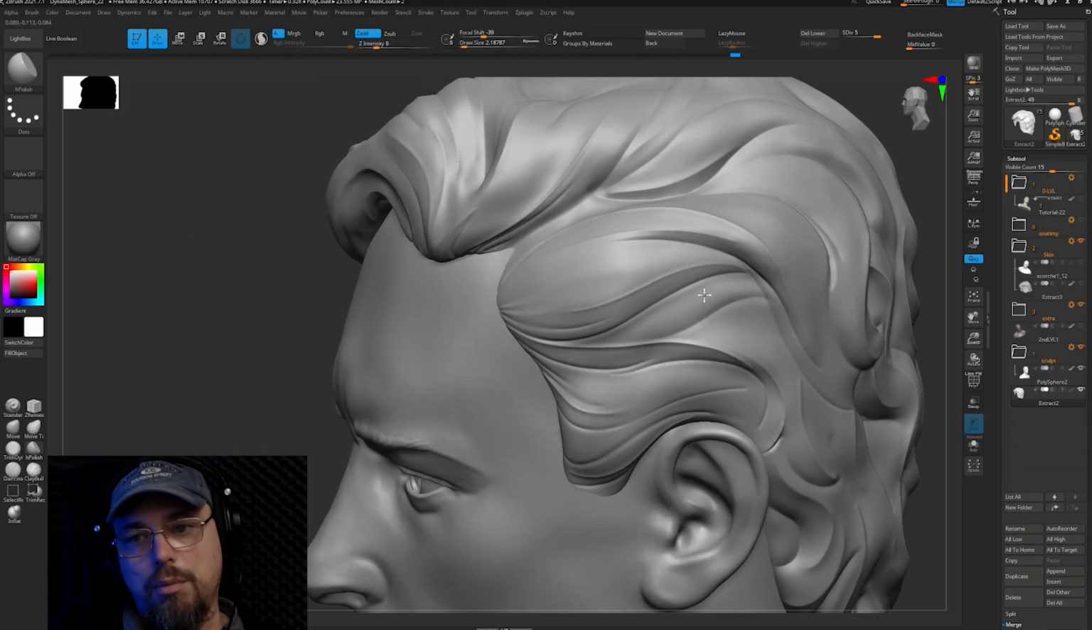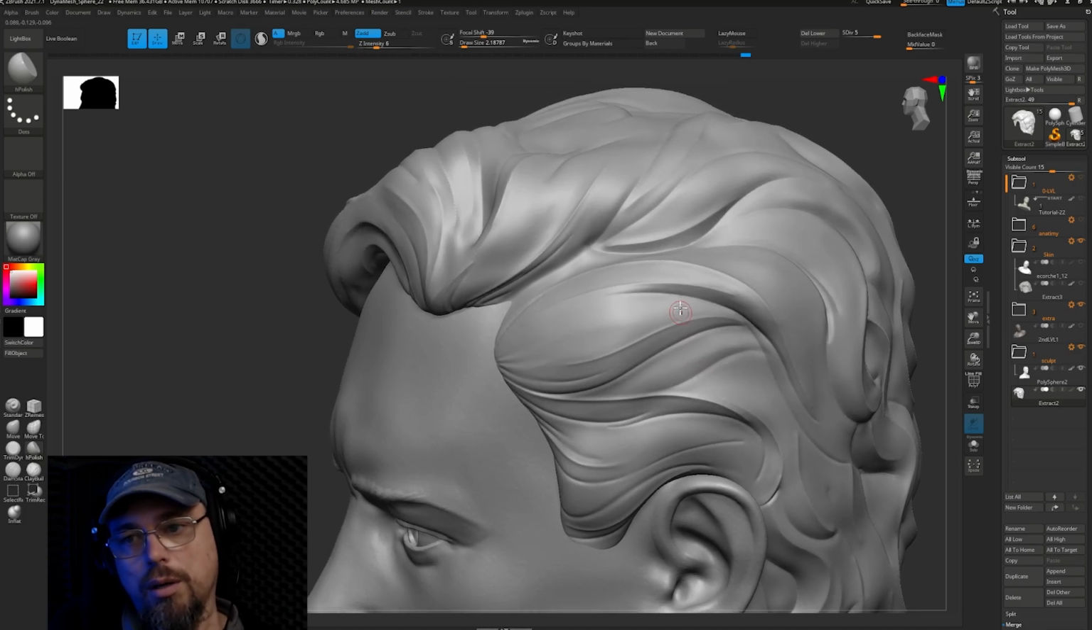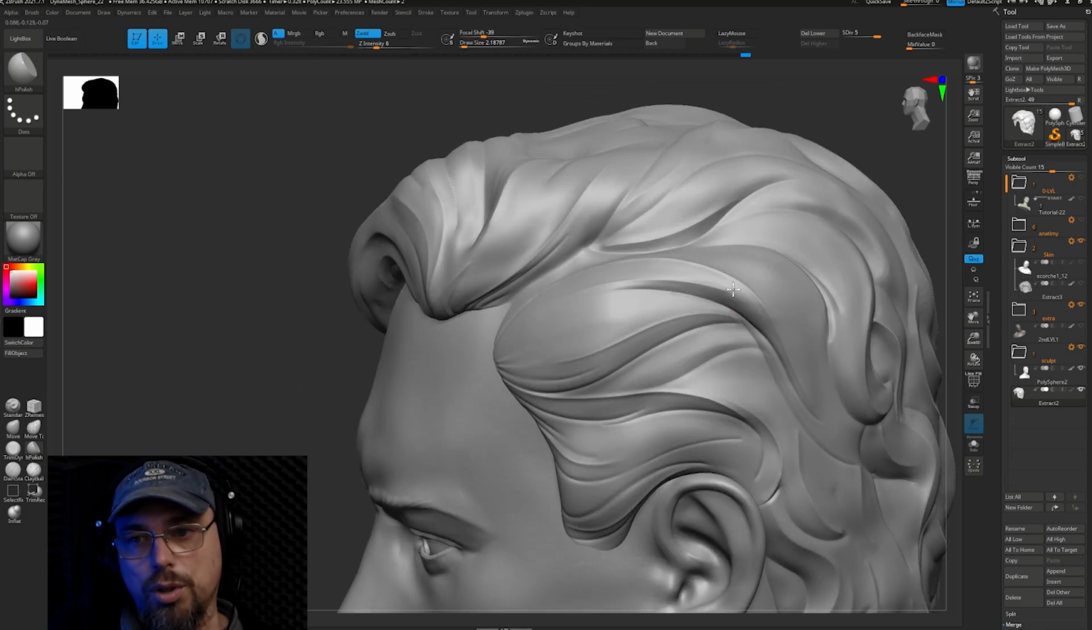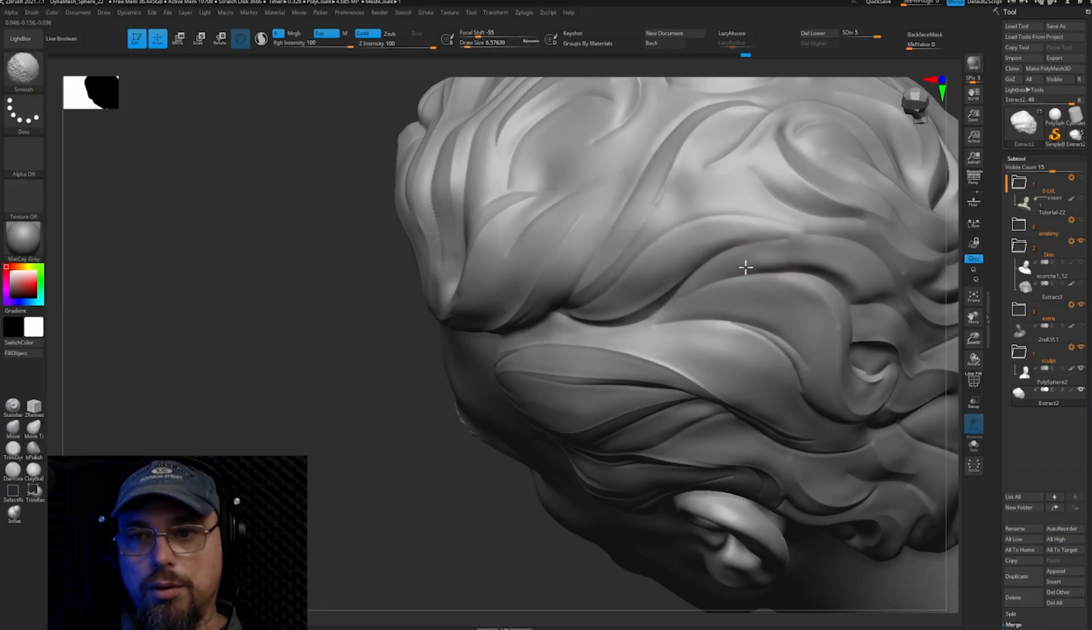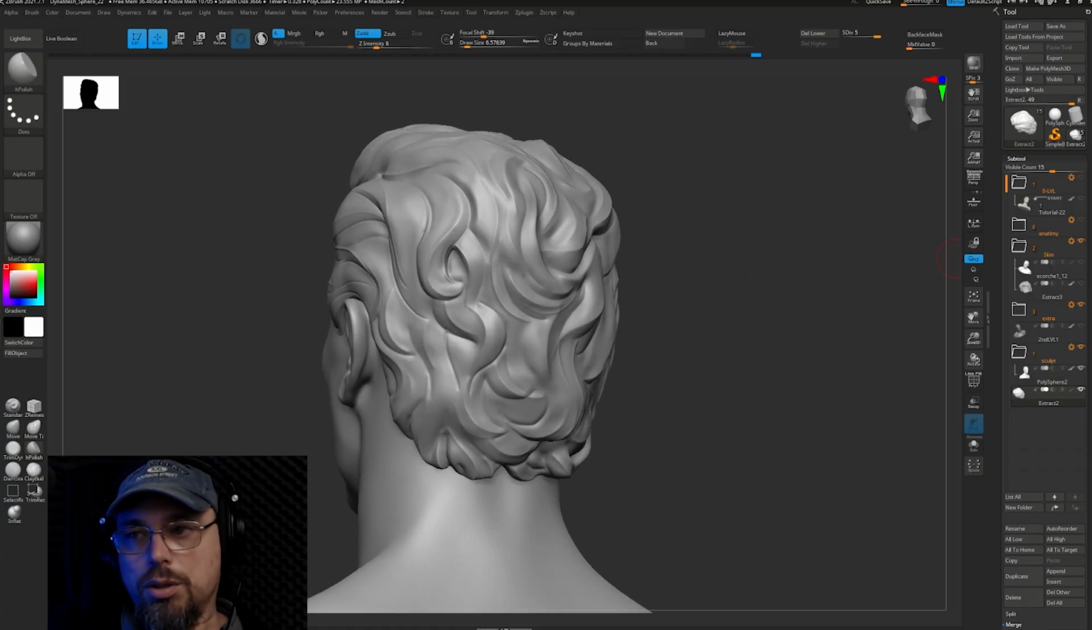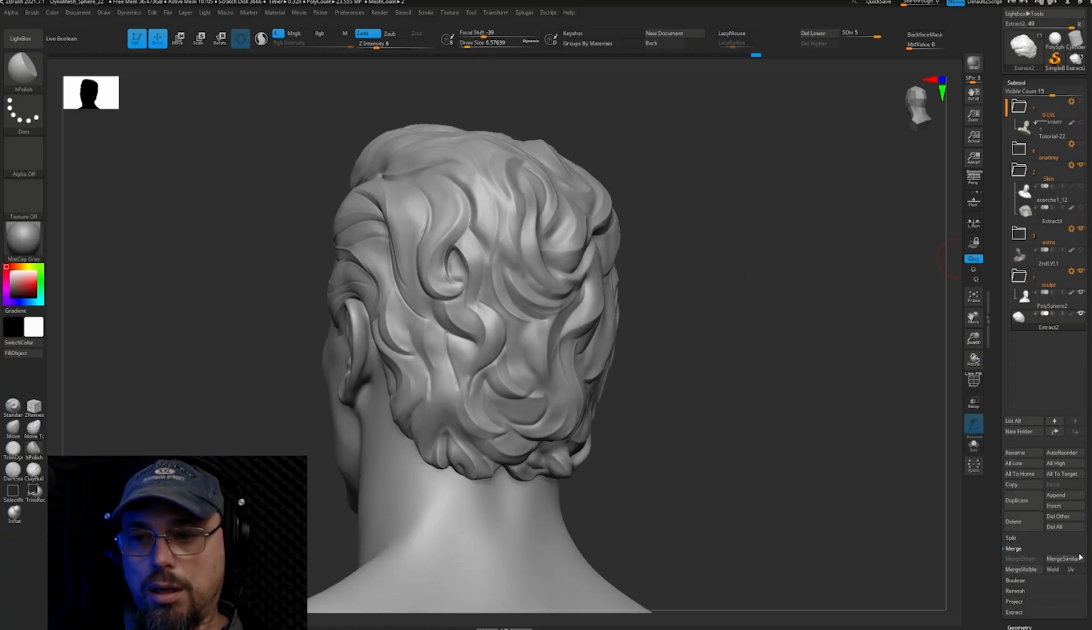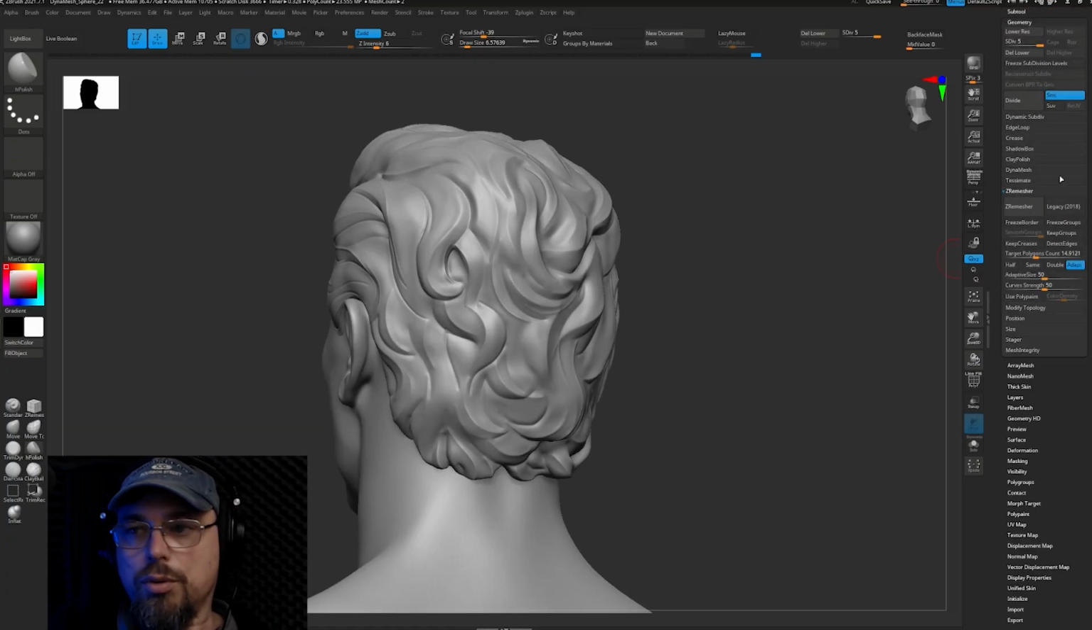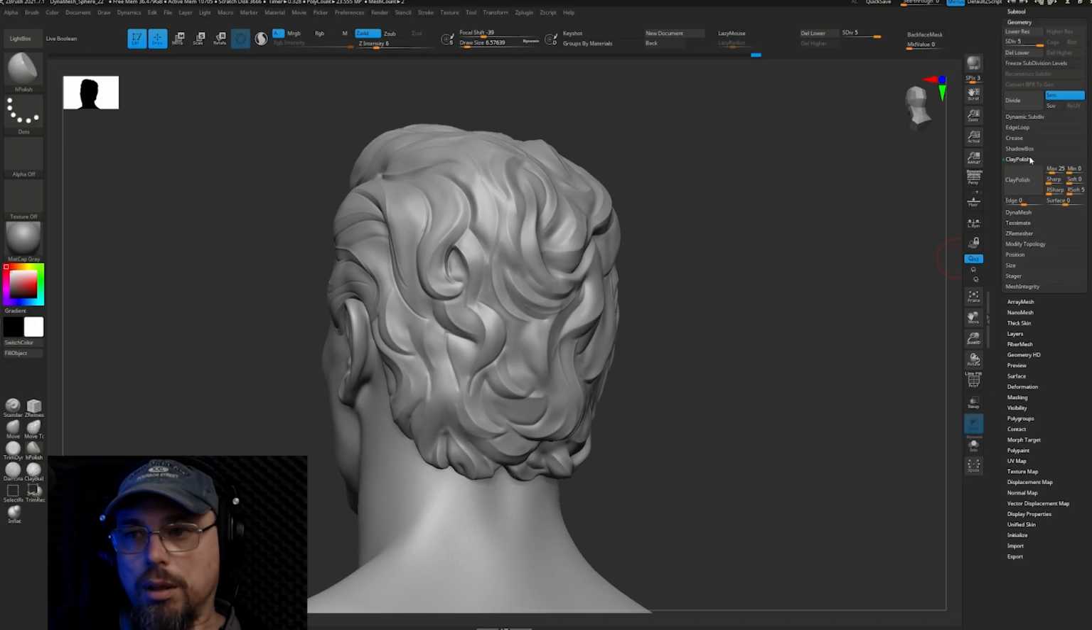But this is not the main work we're going to do in this part. We're going to introduce some contrast and maybe some fine tuning, fine details. Before we do this fine tuning, let's do clay polish. It is here, geometry, clay polish,